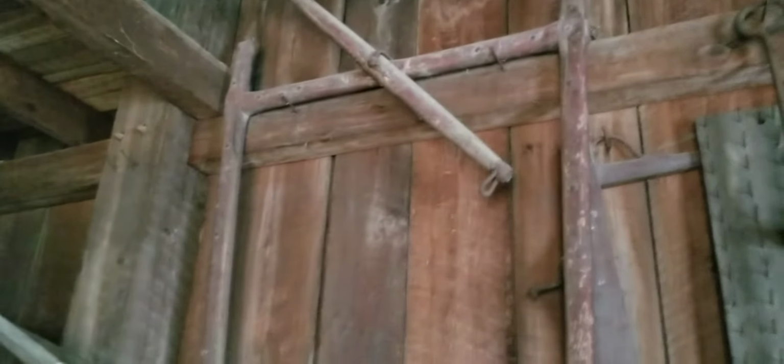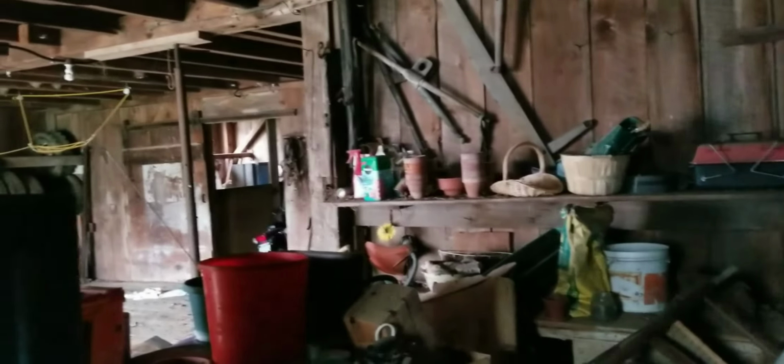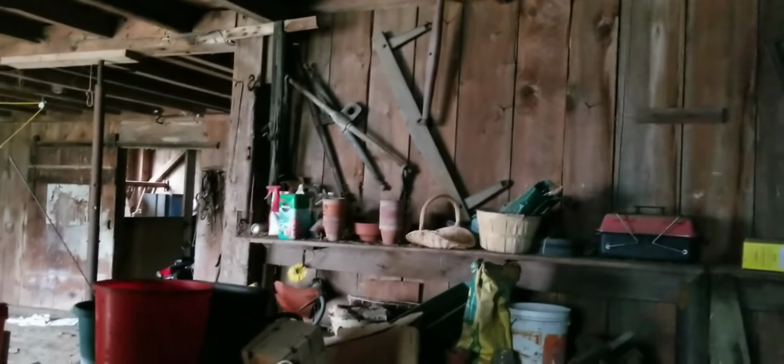This barn here is packed with antiques too. There's an old wooden barrel. I guess it has sideboards. Got the old steel wheel. You can see all the old hitches for horses. It's right here, just another building, prime example. It is loaded with antiques. Nothing's been touched. They're not getting rid of anything. Everything's been under cover, stored, so the stuff's not really in bad shape. I mean, look at all the old